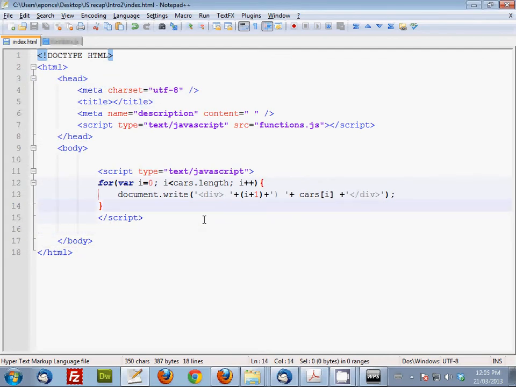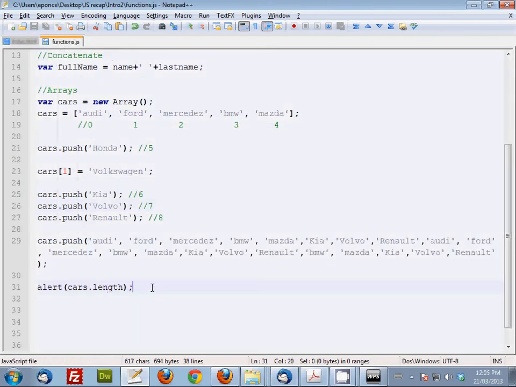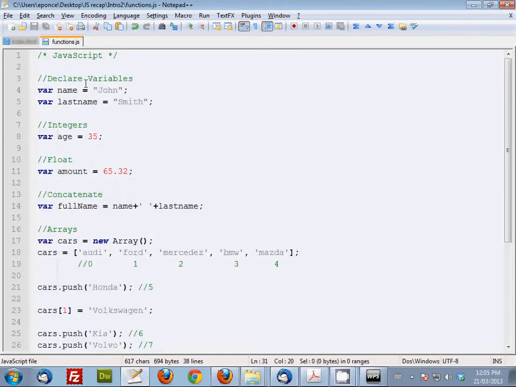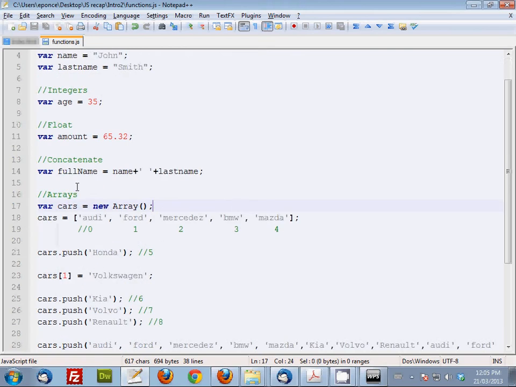So again, now we have seen integers, floats, how to concatenate. We can concatenate strings with strings, strings with numbers, right? In terms of numbers, we have to make sure that we're using floats or integers. If we want to change from a string to an integer, parseInt. From a string to a float, parseFloat. Okay? So there is parseInt that will convert to an integer,